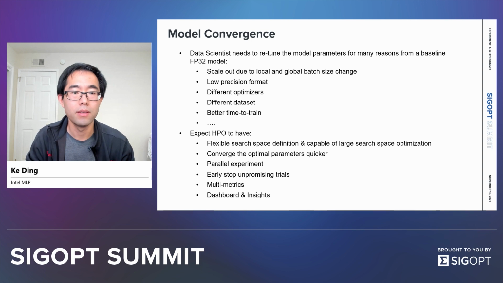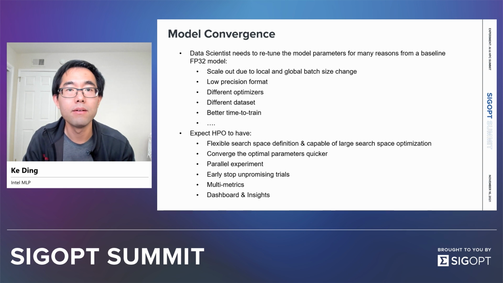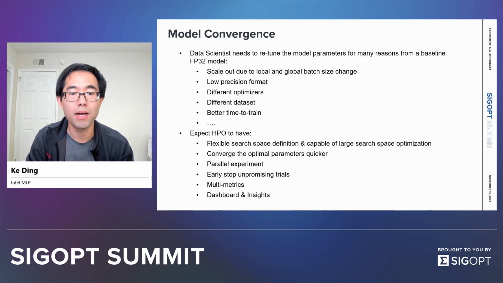In some situations, the optimization may contain multiple objectives, such as to optimize both performance and accuracy. Then multi-metrics support is required. And last but not least, a nice dashboard and insights will save tons of work for a data scientist. Fortunately, we have SigOpt as part of Intel's machine learning toolset. It is a hosted service and can support all the requirements I just mentioned. So let's talk in more detail about how I use the SigOpt tool to help this DLRM training